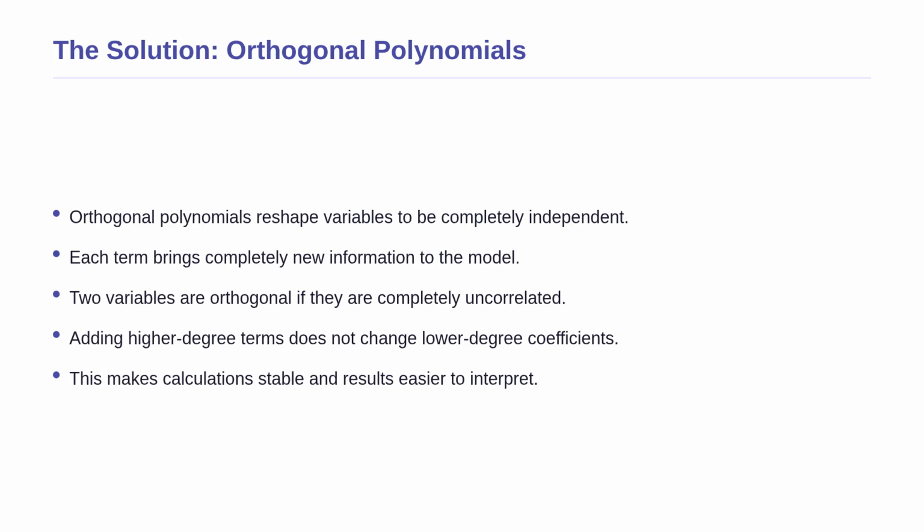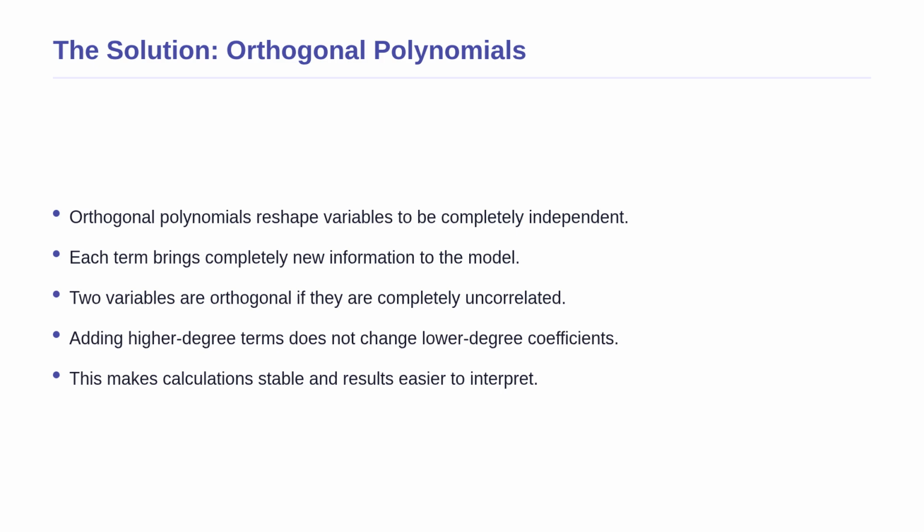To fix this multicollinearity problem, we introduce orthogonal polynomials. Think of this as reshaping our variables so that each one brings completely new, independent information to the table. In mathematics, two variables are considered orthogonal if they are completely uncorrelated. If you multiply their values together at every single data point and add those products up, the final sum is